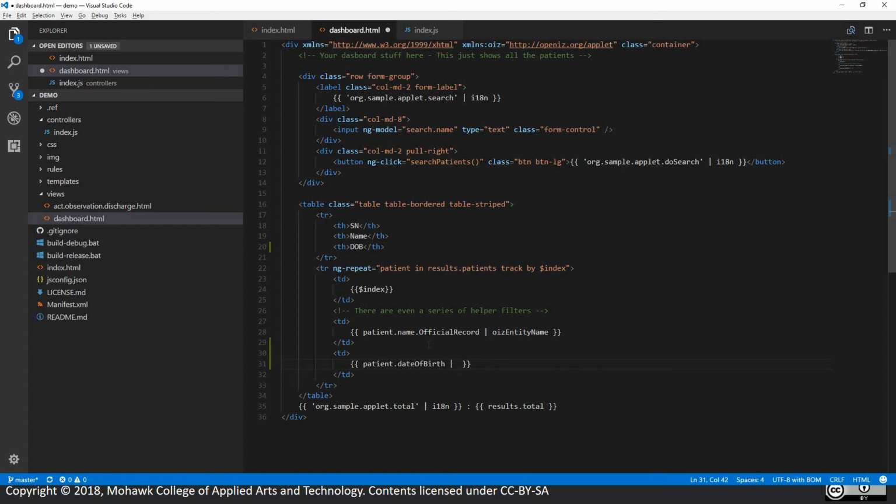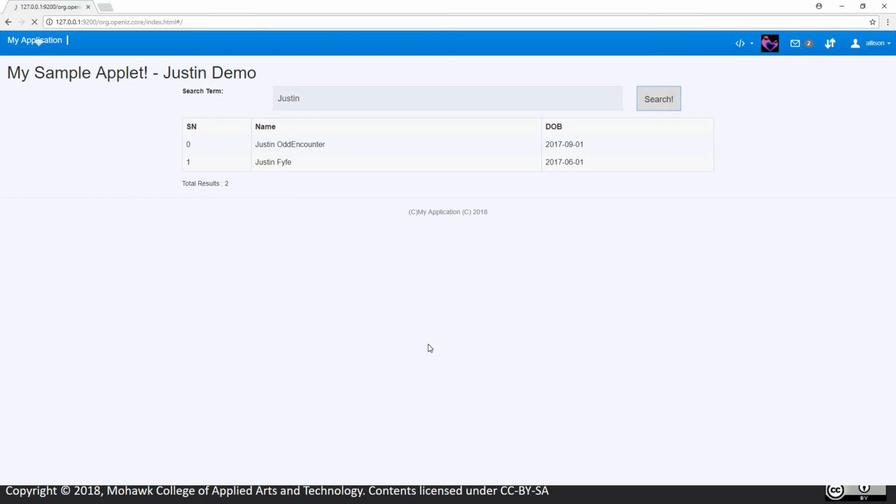There's also a date precision filter. And what I can do here is I can actually just pass in my date of birth precision field. And when I render this again,